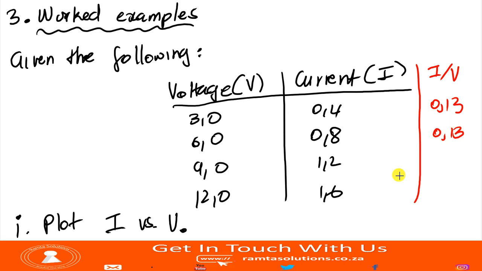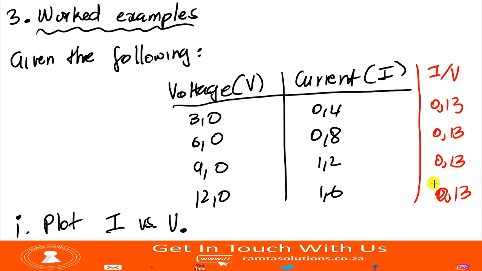What is it? It's 0.13. 1.6 over 12. Sorry, my mistake, not 16. 1.6 over 12. It's